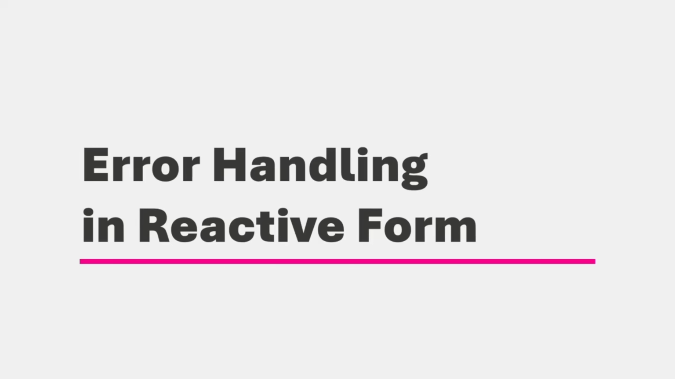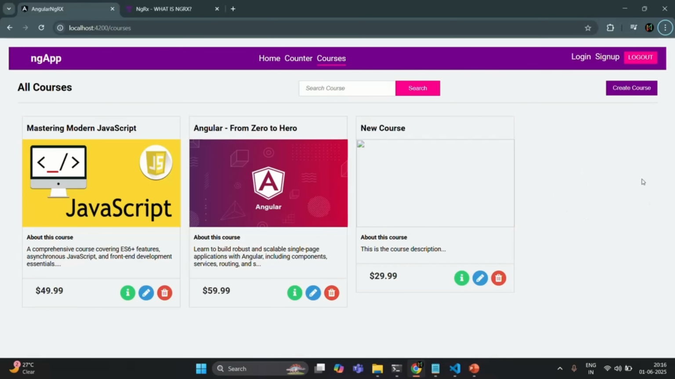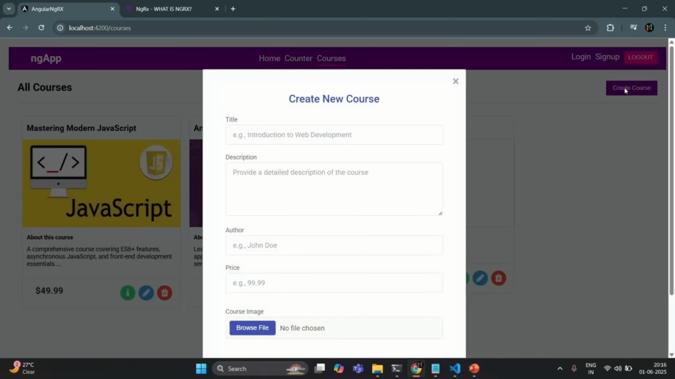Now, before we proceed further in this course and work on updating and deleting a course, let's first go ahead and add validation error handling in our reactive form. So if we go to our application and try to create a new course, and here